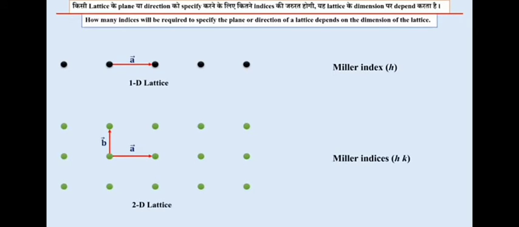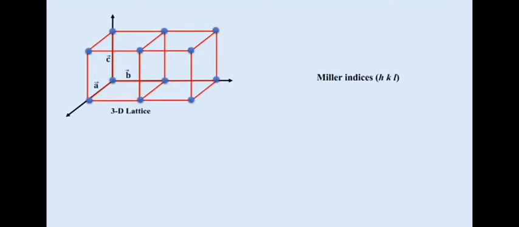किसी लैटिस या क्रिस्टल की डायरेक्शन या प्लेन को स्पेसिफाई करने के लिए कितने इंडिसेस की ज़रूरत होगी, यह उस लैटिस या क्रिस्टल के डायमेंशन पर डिपेंड करता है। फॉर एग्जांपल, 1 डायमेंशनल लैटिस के लिए 1 इंडेक्स, 2 डायमेंशनल लैटिस के लिए 2 इंडेक्सेस और 3 डायमेंशनल लैटिस के लिए 3 इंडिसेस की ज़रूरत होती है।